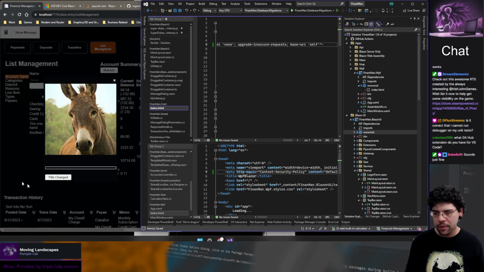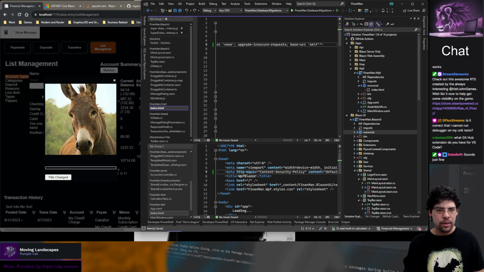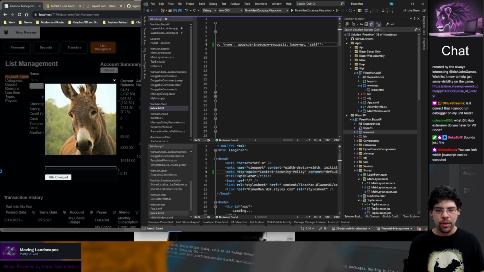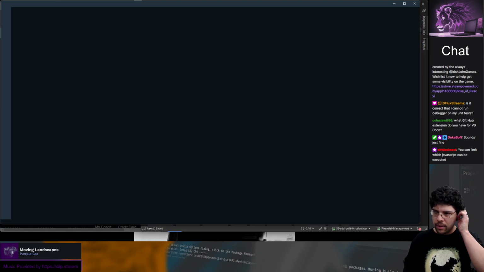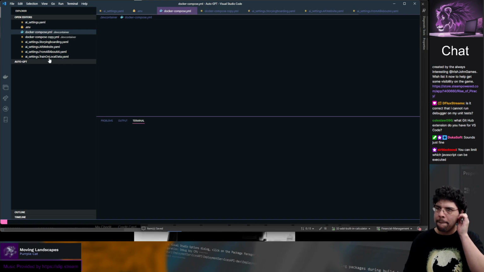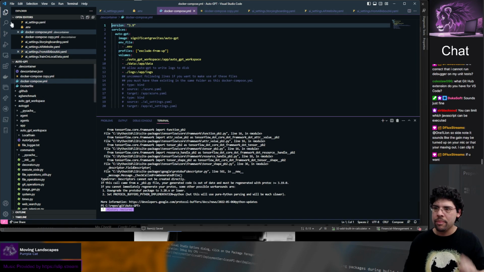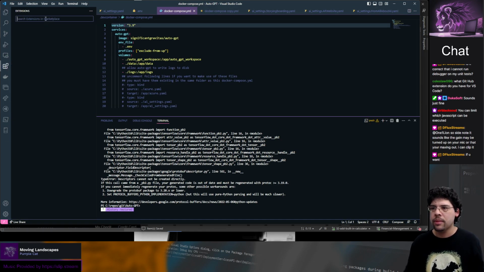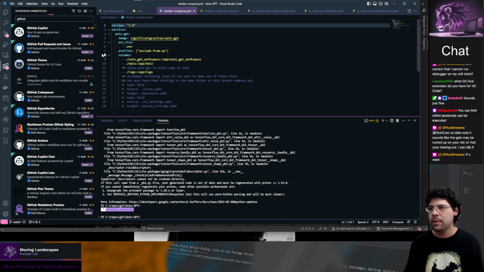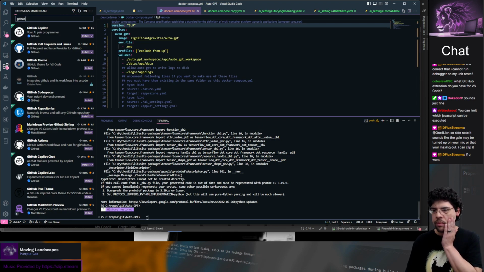The one that I have for VS Code. Gosh, I don't use Visual Studio Code very often. I think I just use CLI for GitHub in VS Code. Yeah, so I would just do like a git